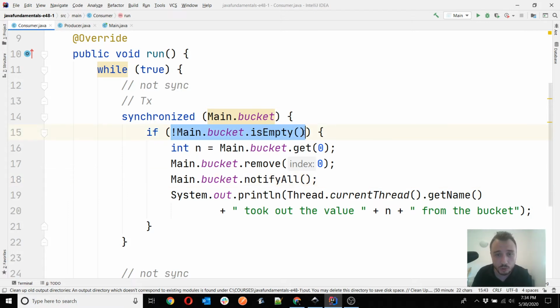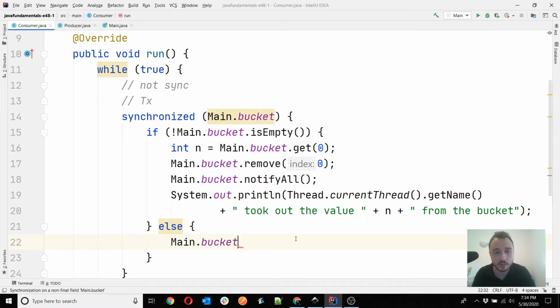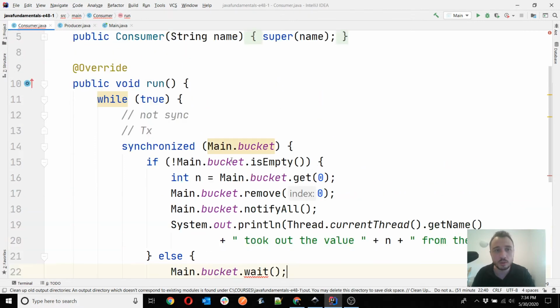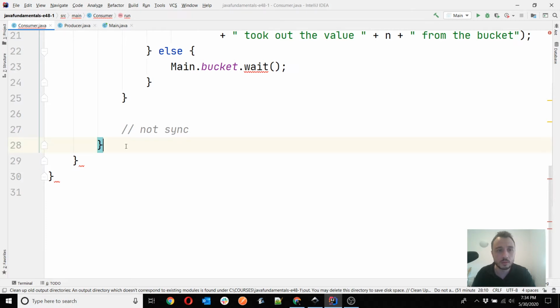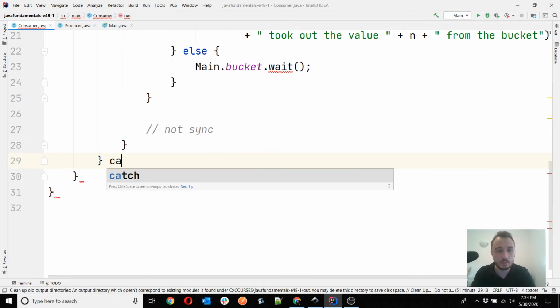So when the consumer waits because there are no values, what you need to do is to make the consumer wait. How do you make the consumer wait? Well, basically in the same way we made the producer wait. You use the monitor, you call the wait method, and of course we need to add a try catch for the interrupted exception.